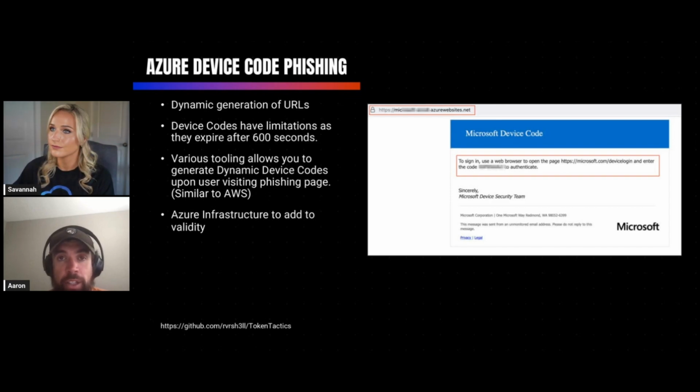While your TokenTactics is spun up and polling, it will only generate those device codes when that user actually accesses the specific URL that you send in your phish. So it has the ability to handle multiple users and multiple device codes, so you can correlate those with the user that you are sending your phish to.